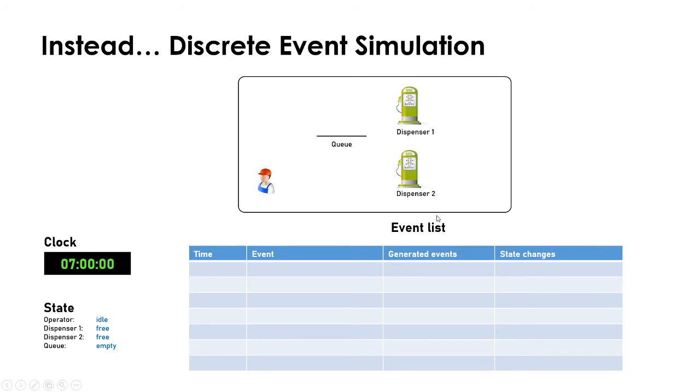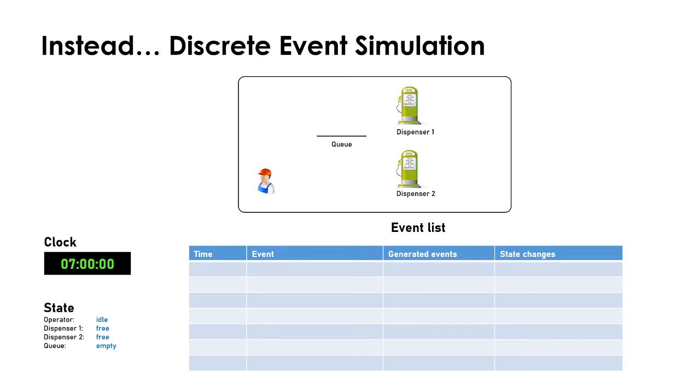And this is a table where we are going to log the time, the events that occur, the new events that will be generated, and how things change in terms of the operator, the two dispensers, and the queue. So simulation or discrete event simulation consists in reproducing the possible behavior of the system. In the Bob and Ray case, we have that in a table, and we also have that in tables in a more complex manner. But what happens in both models is that we are going to reproduce possible behaviors of the system,